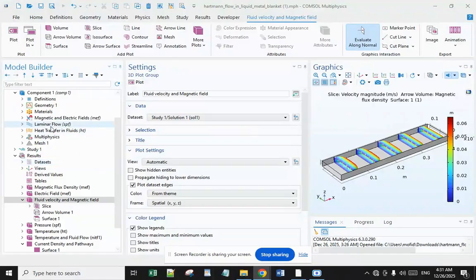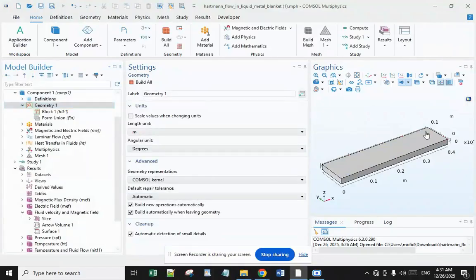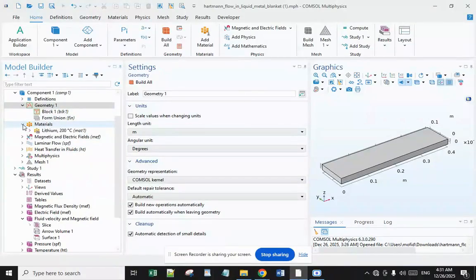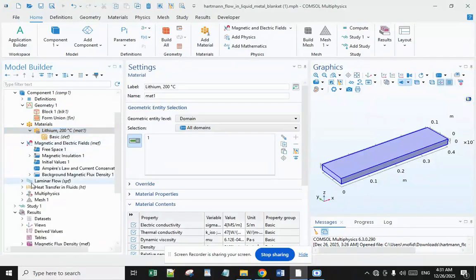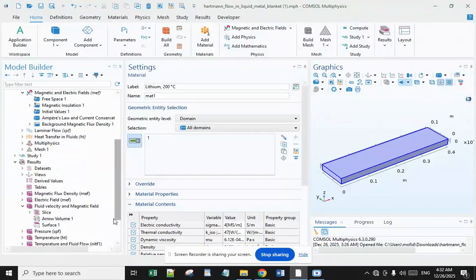And here we can see that we have a geometry in the computer simulation, and you can see inside this rectangle by increasing or decreasing the transparency. The material that we have used is lithium at 200 degrees centigrade, and the physics modules are heat transfer in fluids, laminar flow, and magnetic and electric fields. And finally, you can see the magnetic flux density